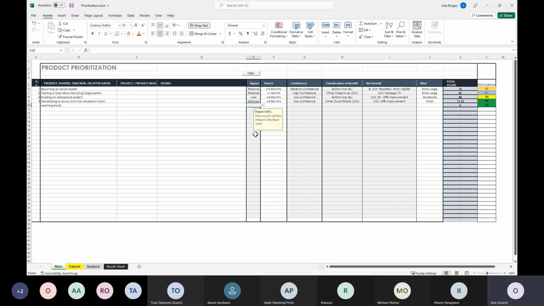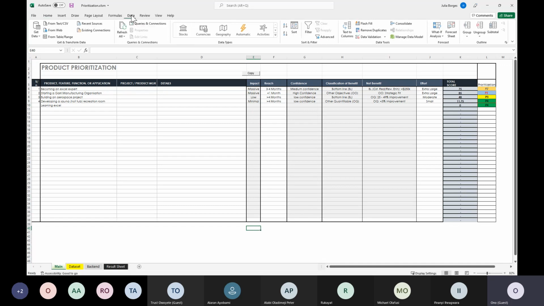The question is, how was this done? I would use this space to show you how this can be done. If you come to the data part of your Excel ribbon, and then you come down to data validation, you select data validation. Usually you'll select the list under the settings part, allow a list.